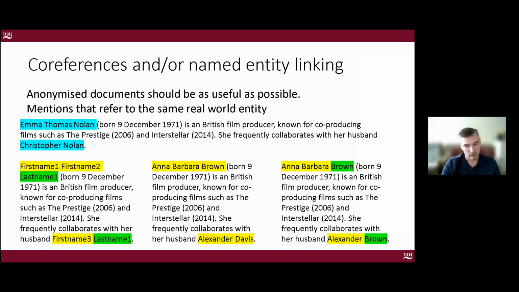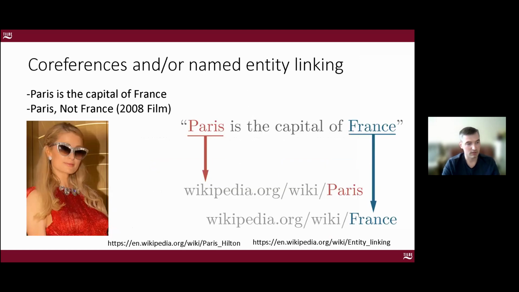Of course, if we manage to keep this surname anonymized in both places as the same entity, it's better than the example in the middle, where we just replace each word with some different random name or surname. This could be done by simple string matching in the simplest way, but of course it will often not work, because simple string matching will match the entities which are of different kind, but still have the same